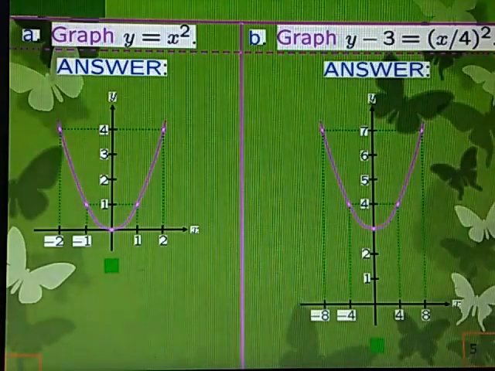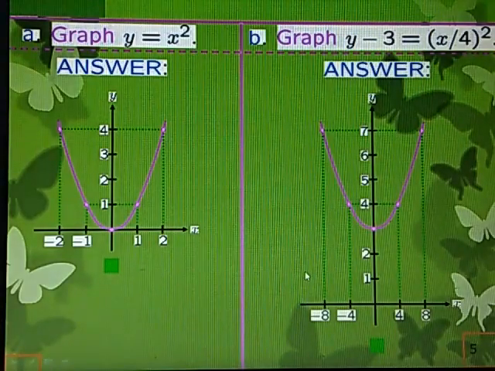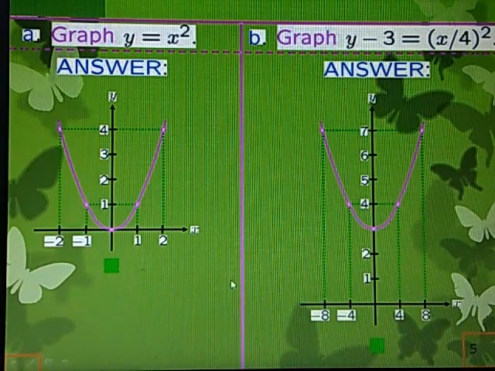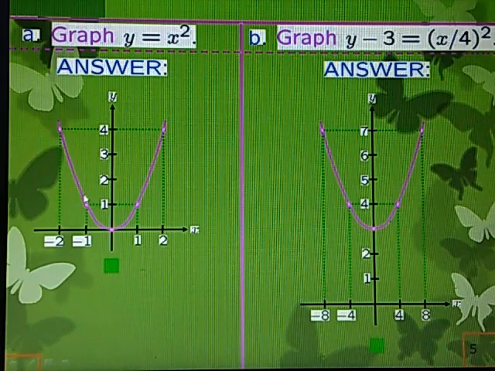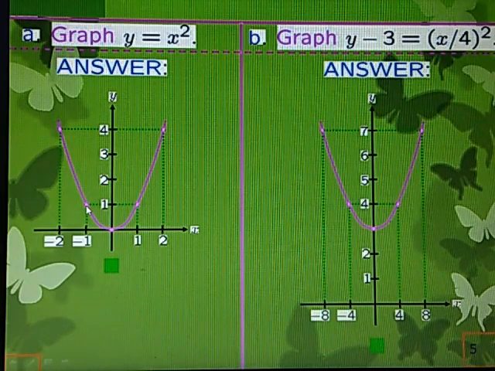Okay, another example, children. See these two curves. These are examples of parabolas. Two different parabolas are being drawn, and you can see various points are marked on them. Each is filled. See this point, it is filled with the same color with which the line is being made. It is not empty. This shows that at this point the function is defined. We are including this point. It is not an open interval.